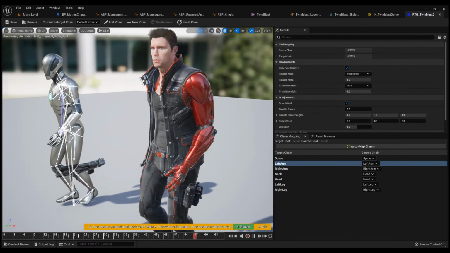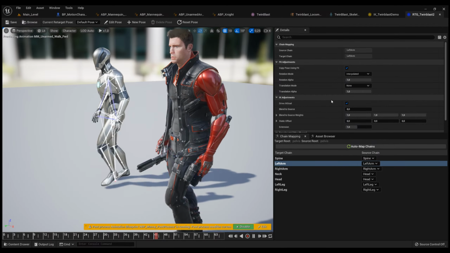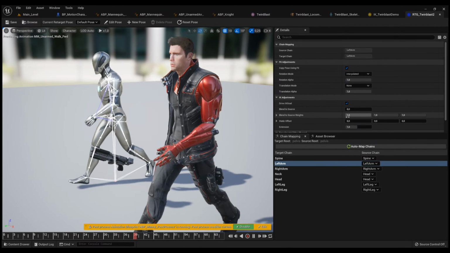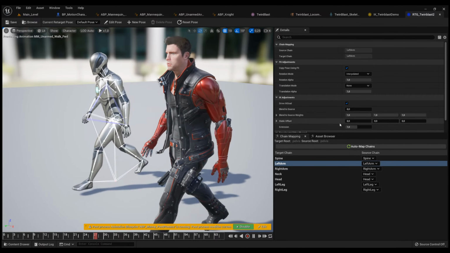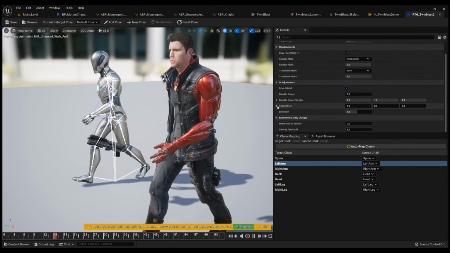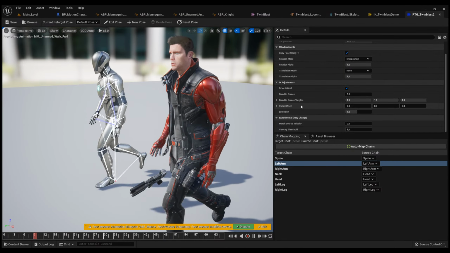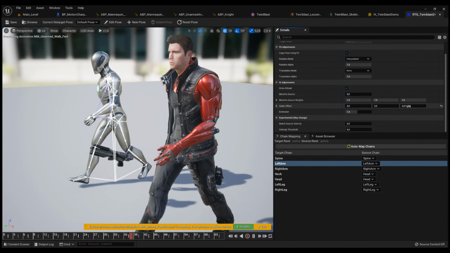Let's focus on the left arm over here. And let's say this isn't quite as you expected. It's slightly off, it's not quite how you wanted it. And so you have a couple of options to play with. So static offset, for example, adds just a straight up offset to the animation. So you can just,